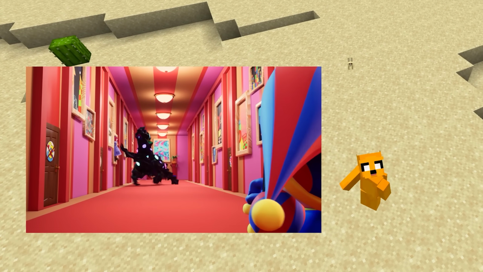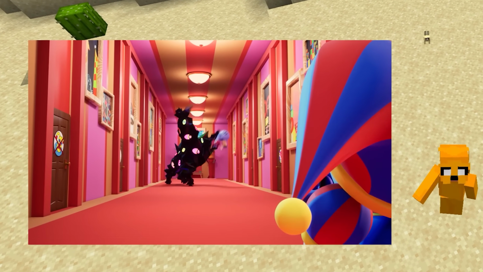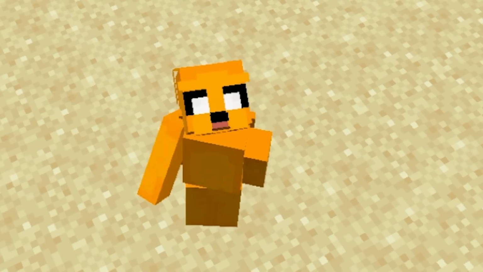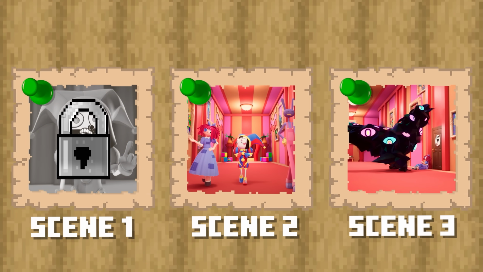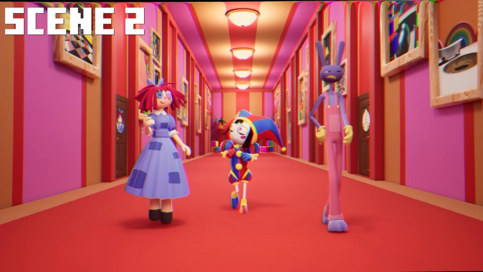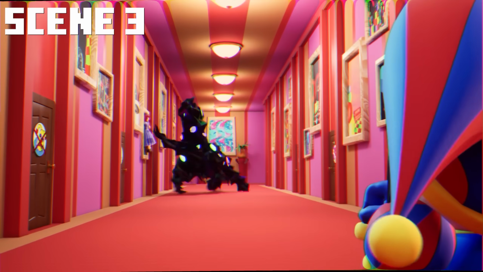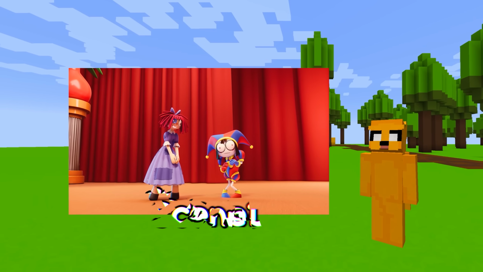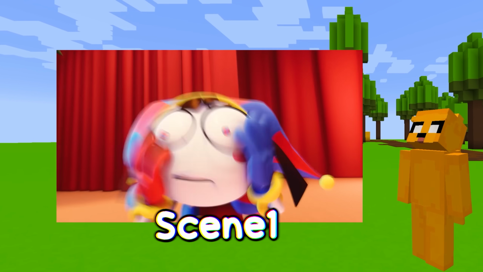You guys commented a lot for me to do the scenes where Kaufman was abstracted, so I've selected 3 scenes for us to create today. The first one, which a lot of people asked for, was Pomni swearing. The second is where they go to Kaufman's room and they discover the abstracted. And lastly, Ragatha is being thrown around the room by him and getting corrupted. Let's go to our first scene.